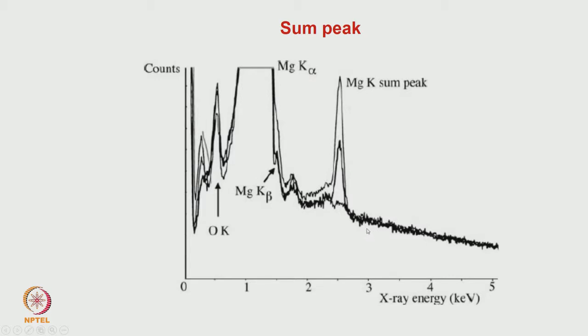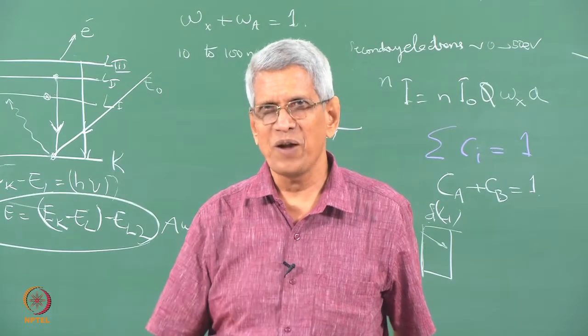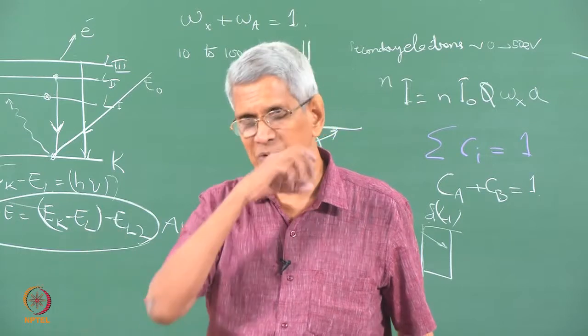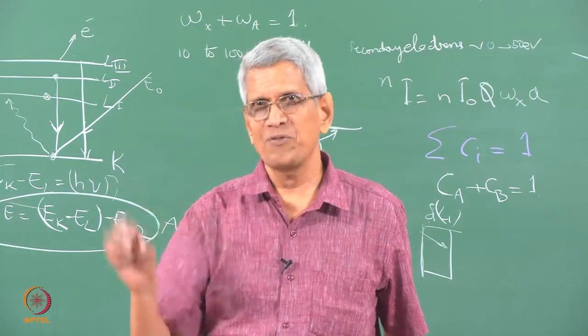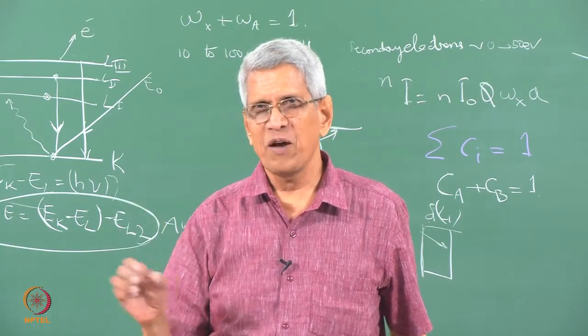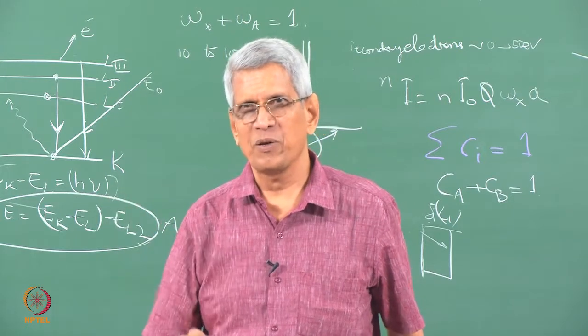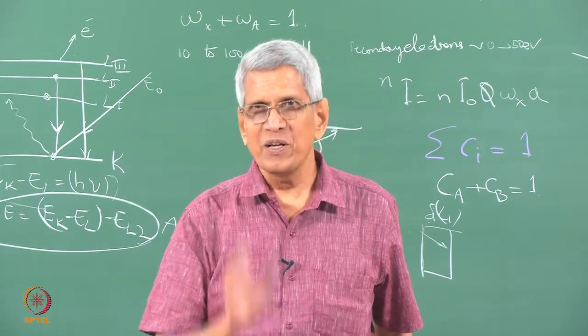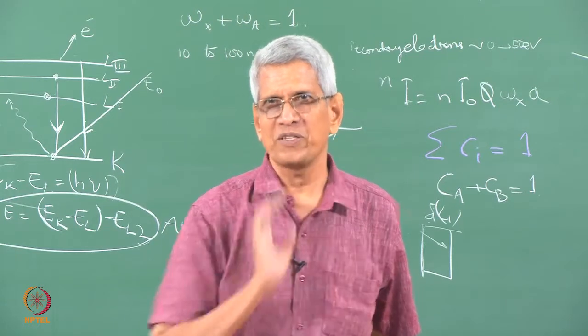So, one should understand all these things and make corrections for them before we try to do quantification. We have to choose which elements and which peaks have to be considered, and assign them, saying that this corresponds to a particular element. In that process, we have to eliminate all the spurious effects.